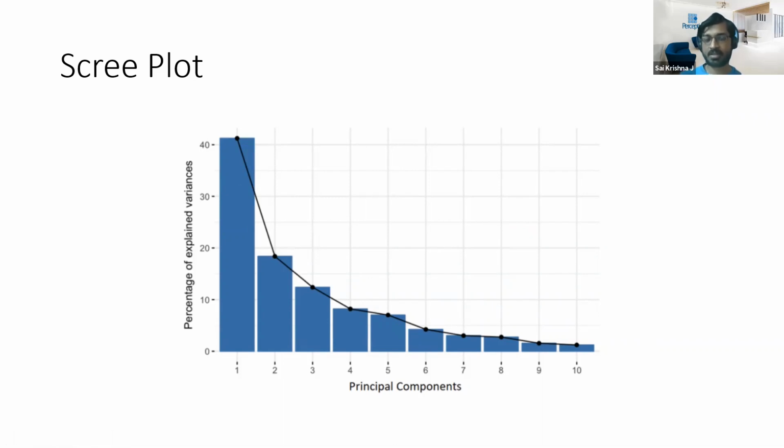So you look at this graph and then you take a call whether I should have just one of them, or should I take two, should I take the first three, and so on. But this helps you prioritize those variables out of the top 100 or so variables that you have in your data set. Okay. So at the end of this process, what you'll have is this final list of principal components,